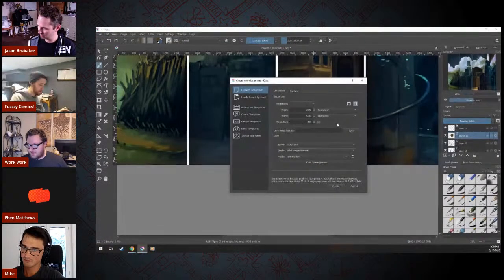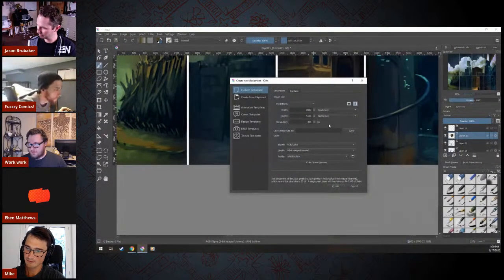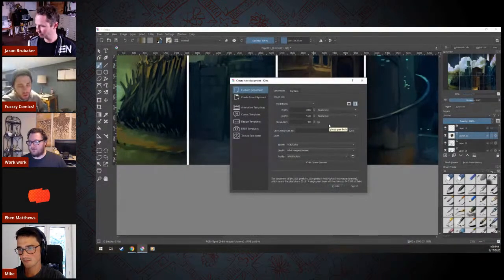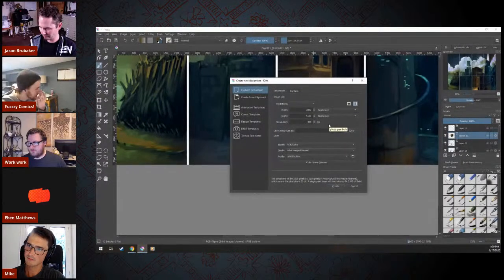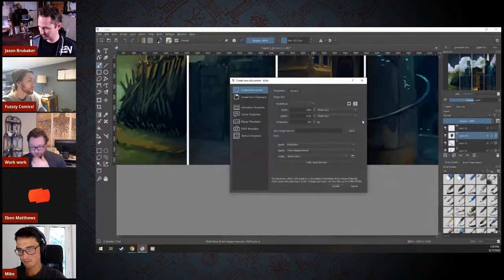Make sure that when he does it, does he set it by pixels or by inches? I think he does inches. I think the biggest he'll be working is 11 by 17, 300 DPI. That's what I'm doing.